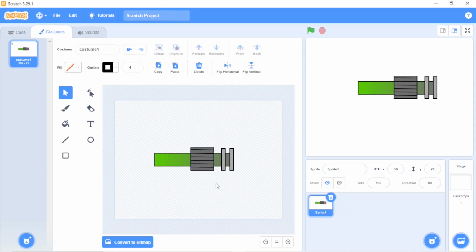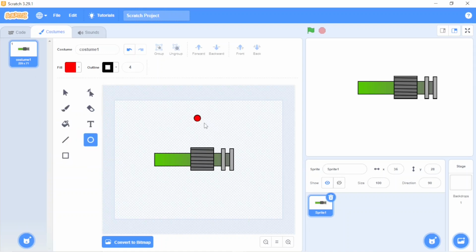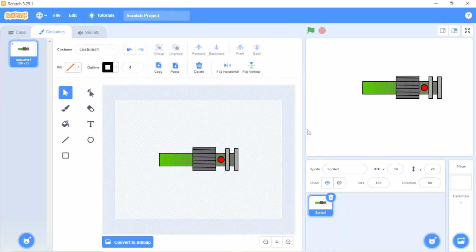Lightsaber is almost made. A last thing we need to do, draw a circle with red in color. Press Shift, Alt and Control to draw a perfect circle. Oh, perfect circle. Now I will put it between this second line and this big where the lines are made. This one is perfect. So now my lightsaber is made and let me see if everything is centralized. The lightsaber is made now.